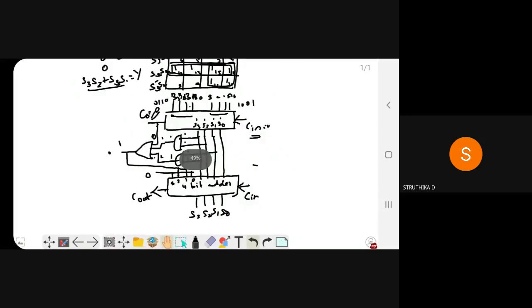So please do this by yourself in the afternoon or evening. Today itself, do this manual calculation and then design it by yourself, then only you will be able to understand this circuit diagram. Otherwise, later you can't recall what I have said in this class. So please do it today itself. Do it manually as well as the design. Then only you can interconnect both the things, and you won't forget it till your university examination.